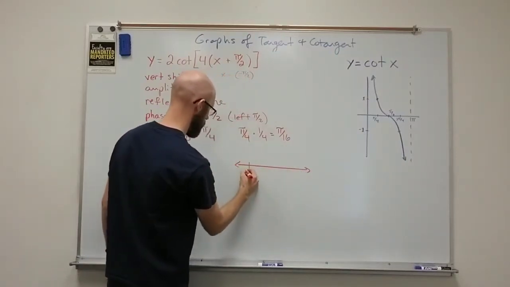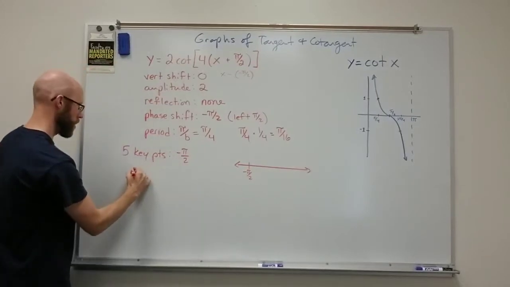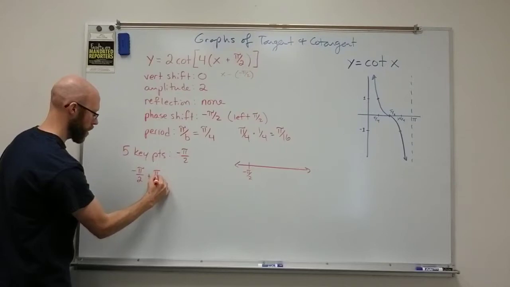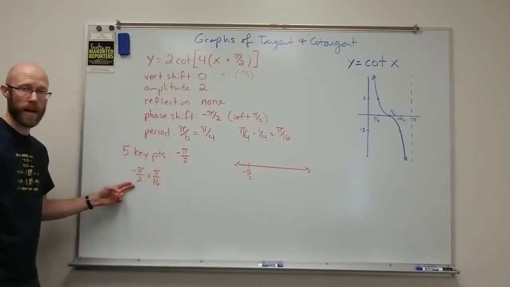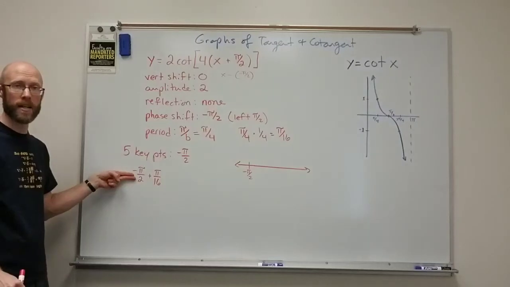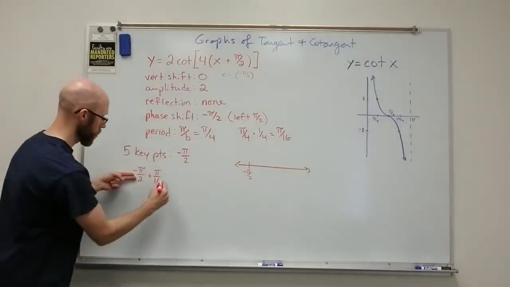We'll start then at -pi over 2. We're going to then add pi over 16. Now I need an LCD. Well, pi over 2, or half a pi, is the same as 8/16, right? If I build up the denominator. So this will be